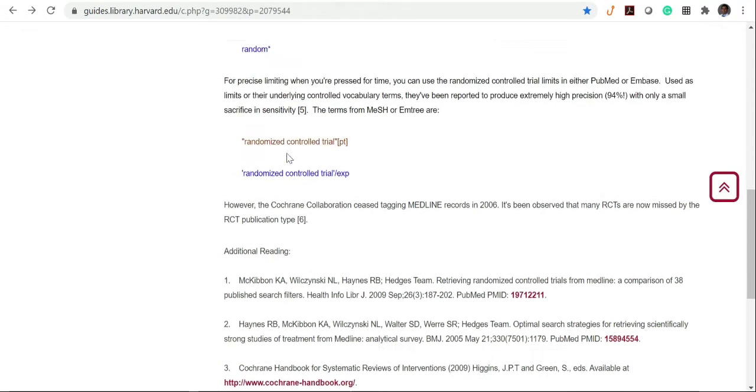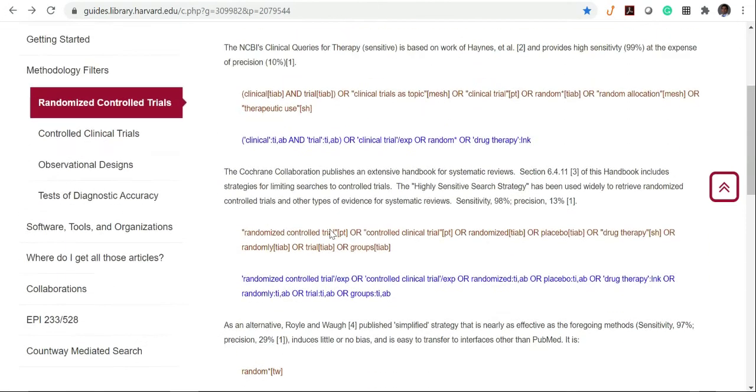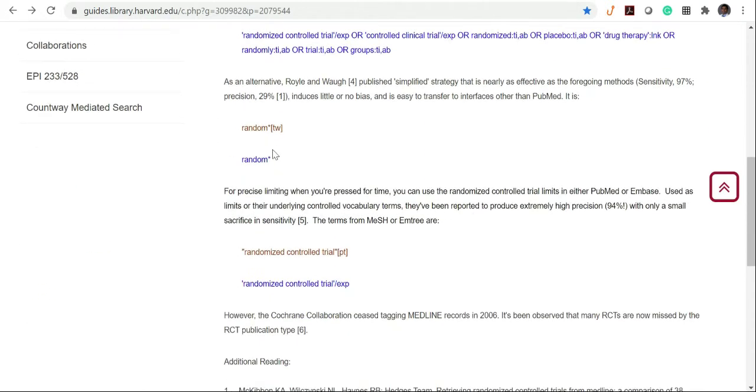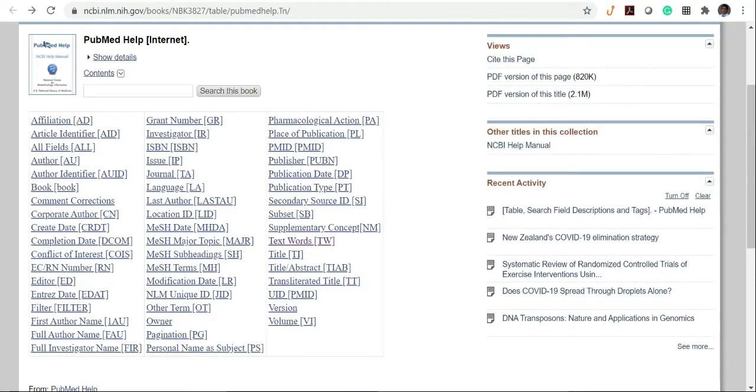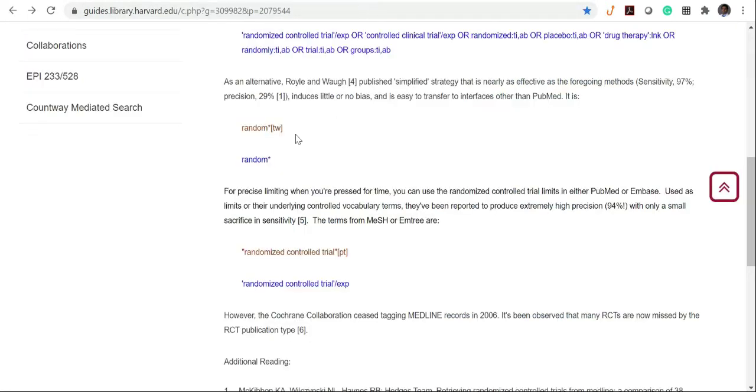And then, so we have four different search strategies that we can use. One that's going to be this long set, another one that is a combination, or else two simple searches that could be used for our study. So just going back to those terms that we saw between these